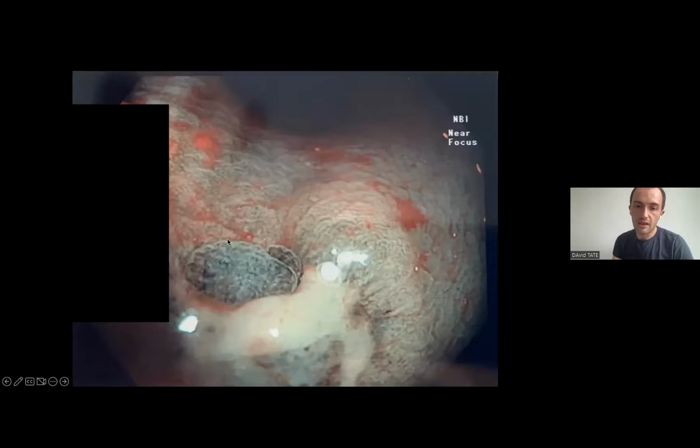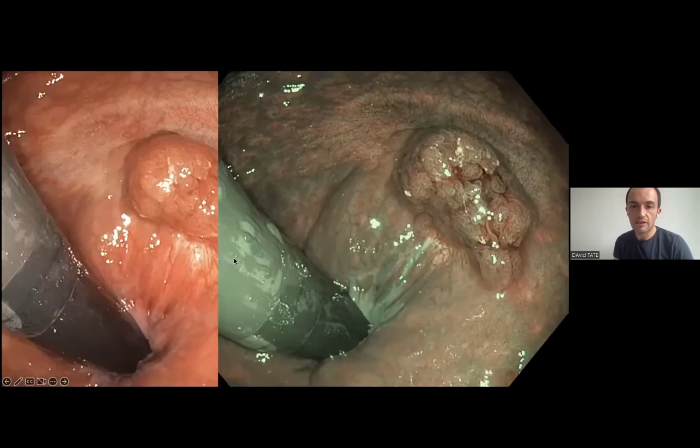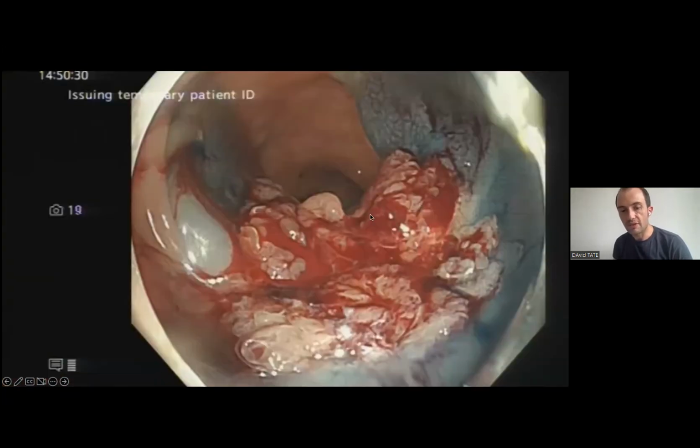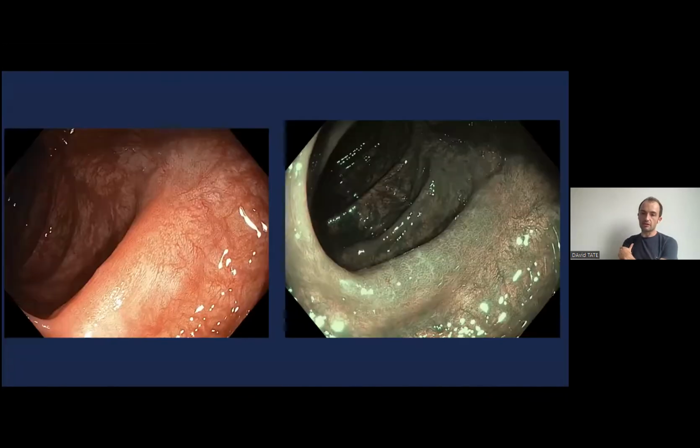Here you see a polyp remaining a few days after a polypectomy, and you can clearly see the polypectomy site is not clear. Here you can see a large recurrence within a scar. Here you can see a very bad attempt at polypectomy, which probably means the patient has to go for surgery immediately rather than later on, because the person doing the polypectomy has not been able to complete it. And here you can see the opposite end of the spectrum with a nice, beautiful scar when polypectomy has been done properly.